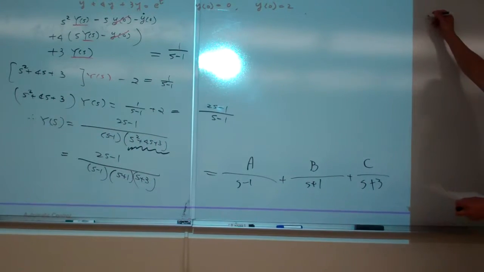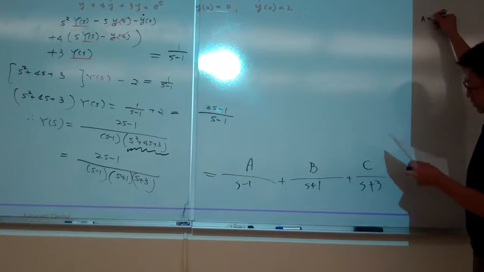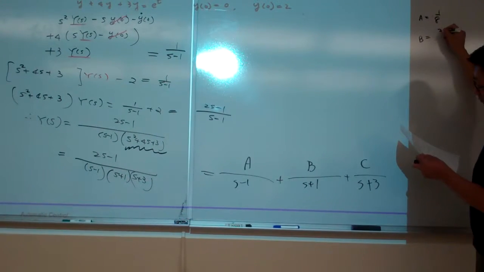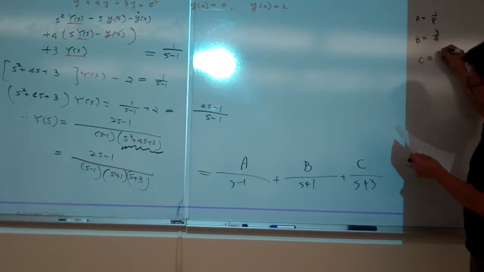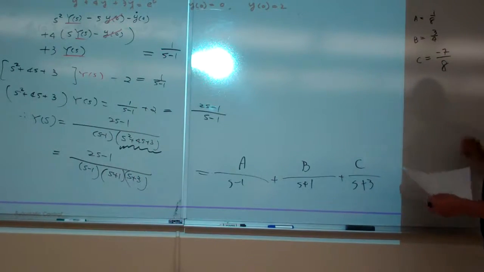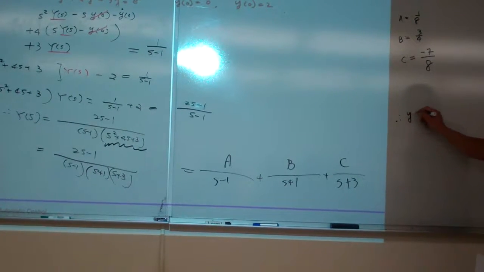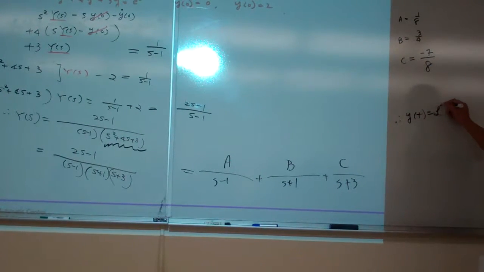We can find out A would be equal to 1/8, B equal to 3/4, C equal to minus 7/8. So therefore, from here we can calculate y of t